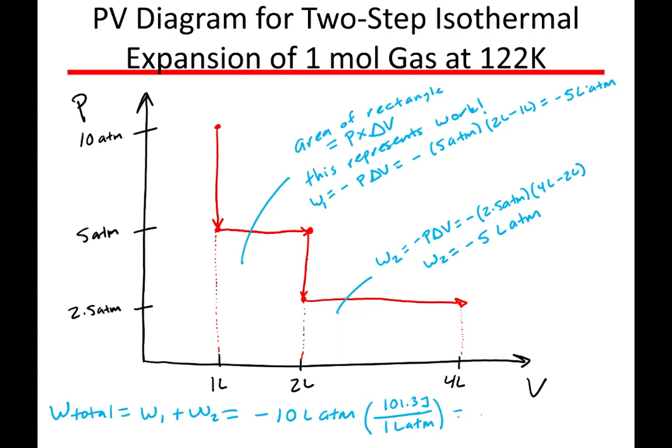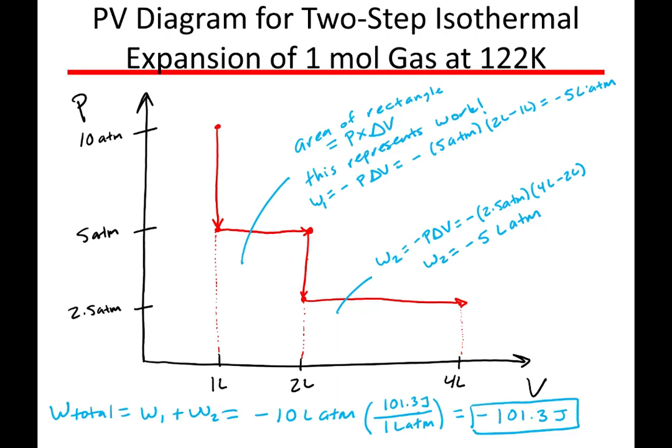And so we can say the total work for this process is negative 1013 joules. Again, we can see and visualize the amount of work that's being done by the system simply by making this pressure volume diagram and determining the area of the rectangles that represent each and every step in the